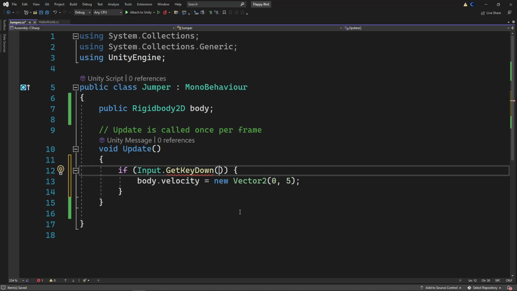So if I save this script and go back into Unity and click play, if I don't do anything, Flappy Bird should fall. If Flappy Bird is still going up, then that means you haven't put the body.velocity inside the if statement, so do that real quick. If I restart, just so that Flappy Bird is in a more manageable position, and I press space, it'll move up every time I press space. Now I actually have a Flappy Bird, and this actually kind of feels like Flappy Bird.